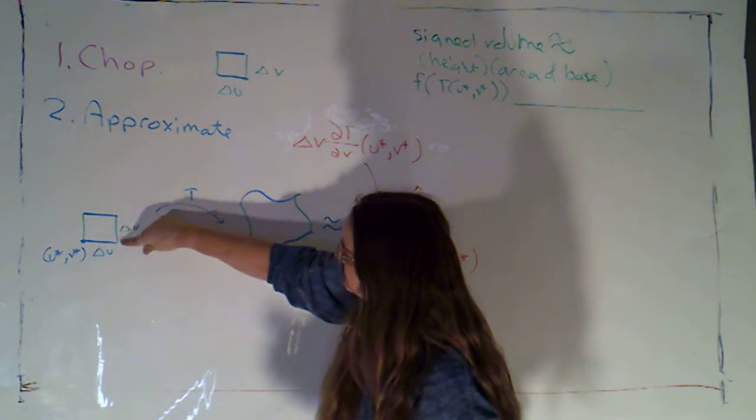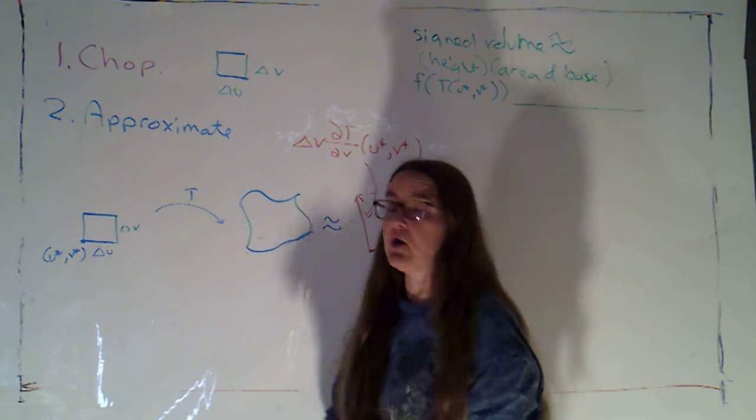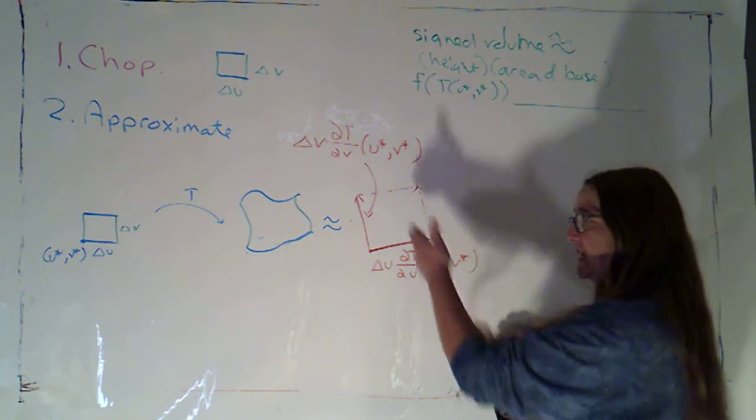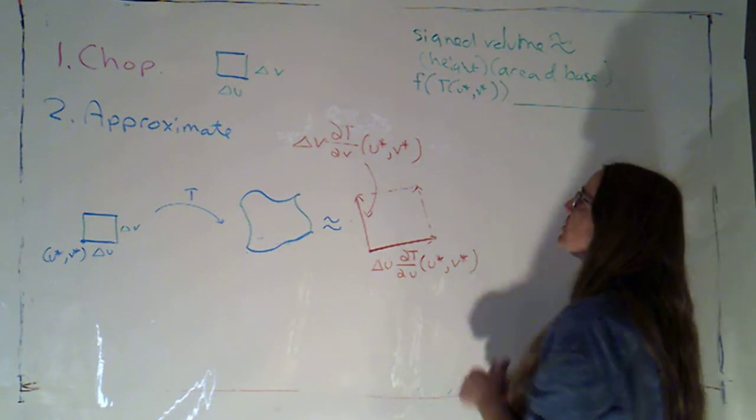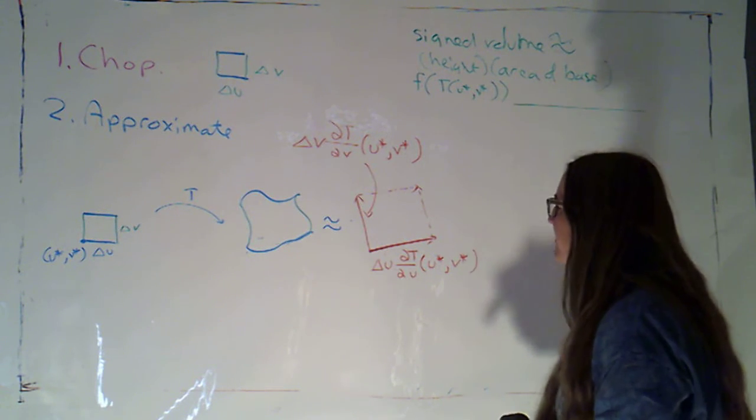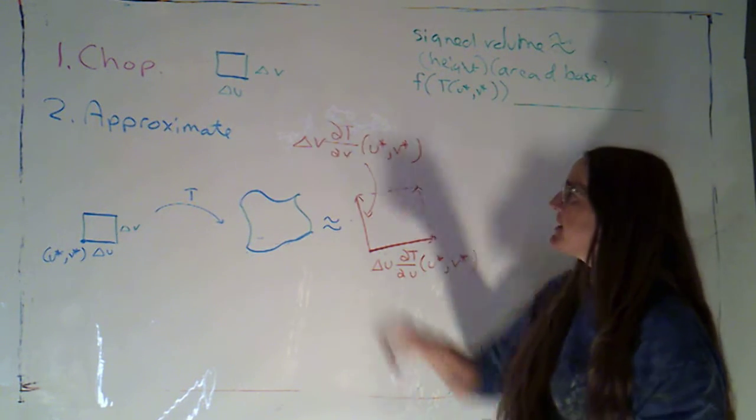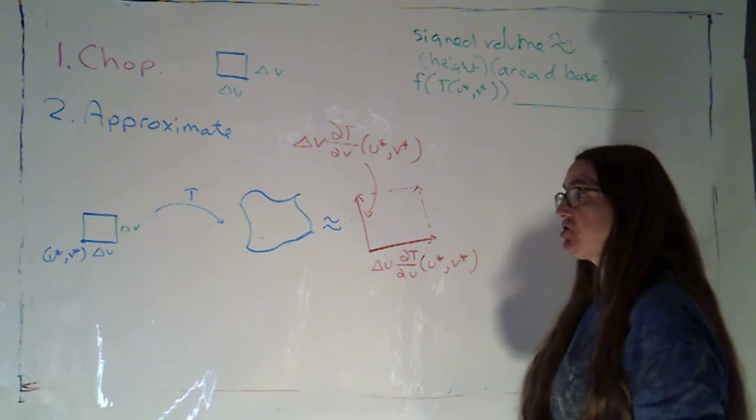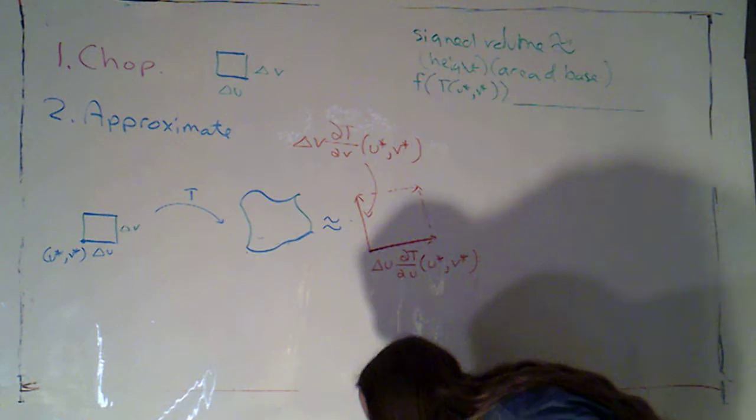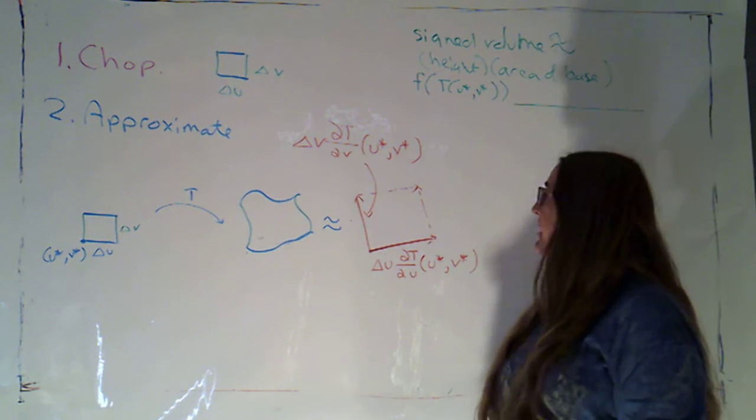Along the green curves, v is changing, but we're holding u constant. So the vector that points in the correct direction, that would be tangent to that curve, is the partial of t with respect to v, evaluated at u star v star. And again, we scaled that by the amount that we allowed v to change, by our delta v. All right, so now we just have to remember how to find the area of a parallelogram